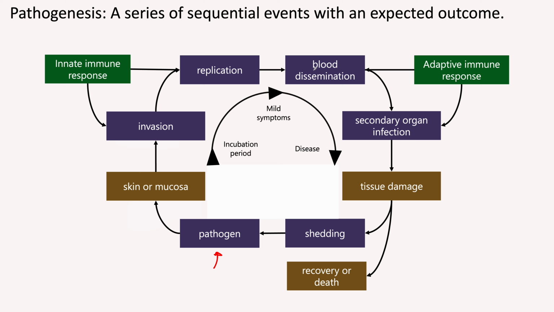At this point, we are going to have more immune response cells and proteins involved. Typically, the adaptive immune response is the one that is recruited and acts at this point. If the pathogen is successful, it will infect internal organs, secondary organs besides skin, mucous membranes, and lymph nodes, leading